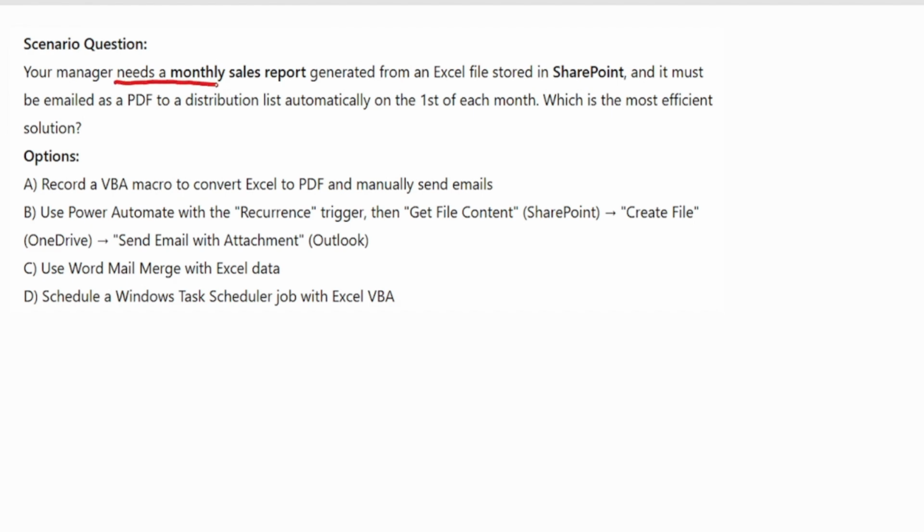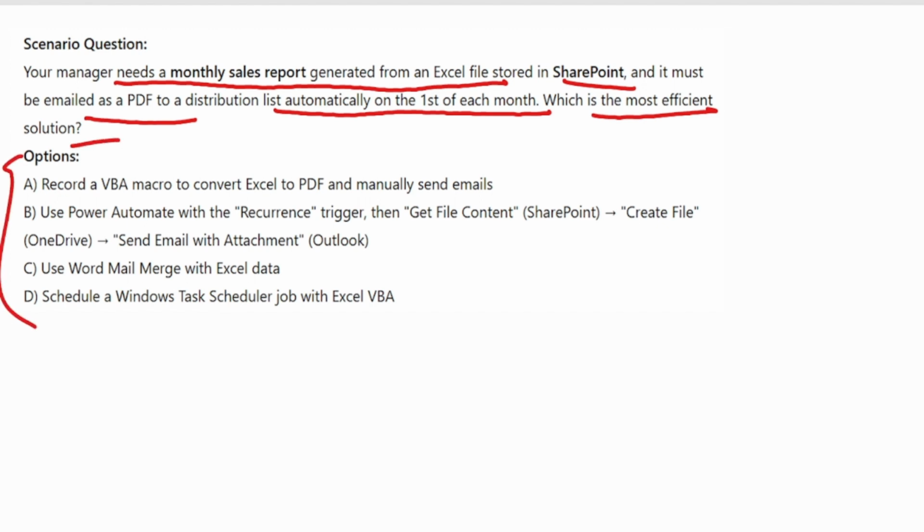Your manager needs a monthly sales report generated from an Excel file stored in SharePoint, and it must be emailed as a PDF to a distribution list automatically on the first of each month. Which is the most efficient solution? So the correct option here is a Power Automate flow integration.